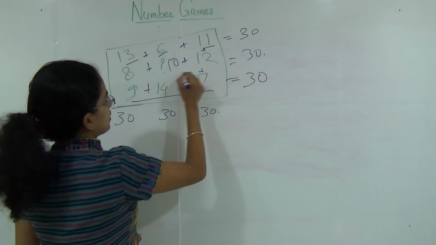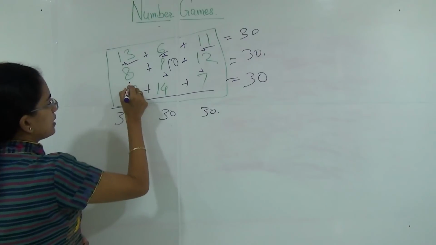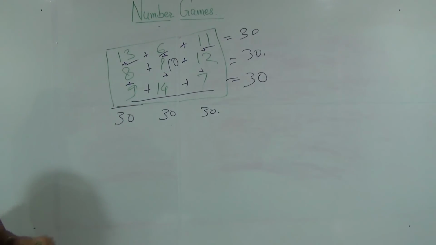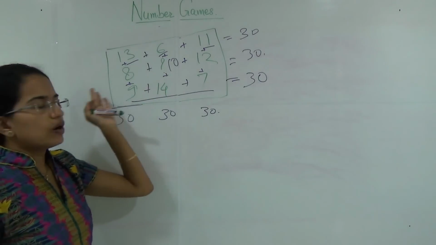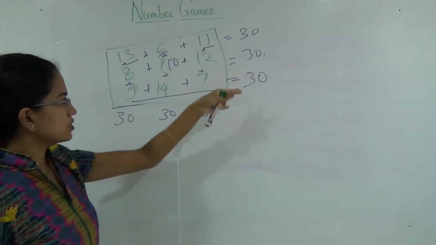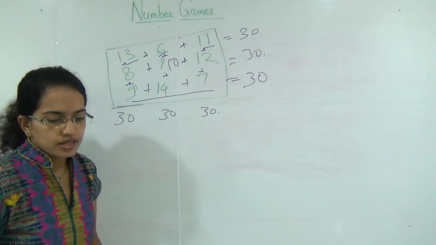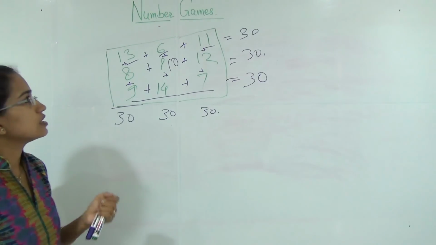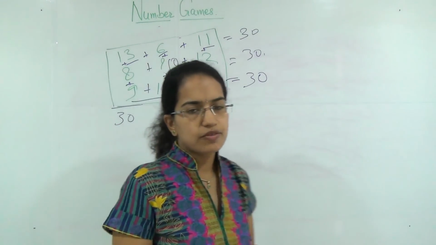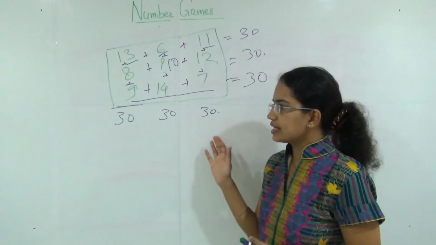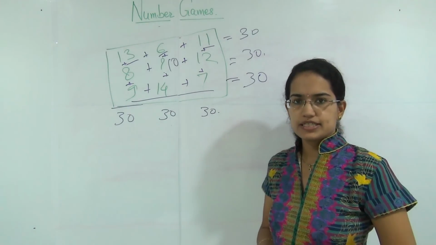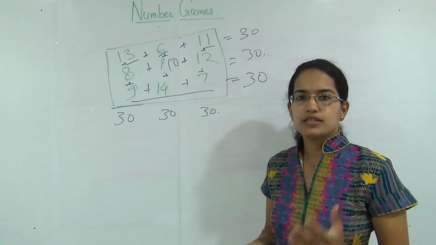So that's the correct way of forming the matrix. I can add plus signs everywhere. Okay. So whatever I do, either I go horizontally or I go vertically, the sum of the numbers would be 30 in this question. So with this we covered the basic questions on number games and some of the advanced questions on number series. In the next class we will be talking about alphabet series and jumbled up series.